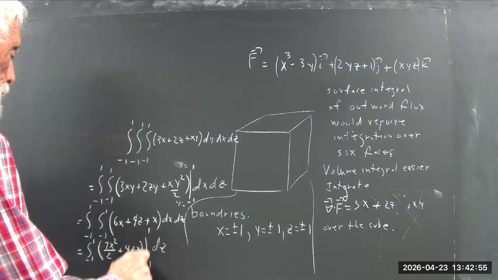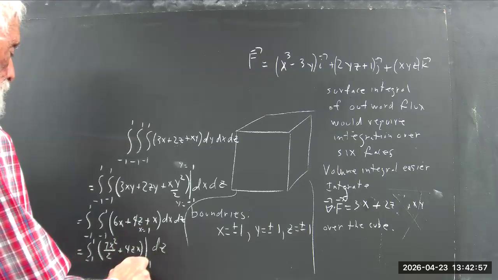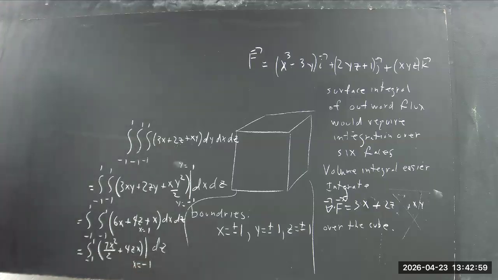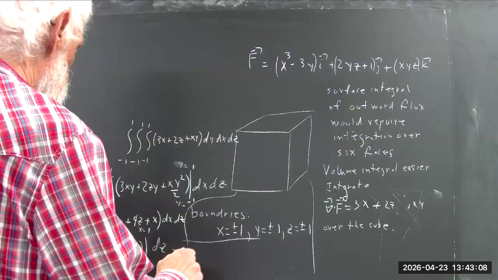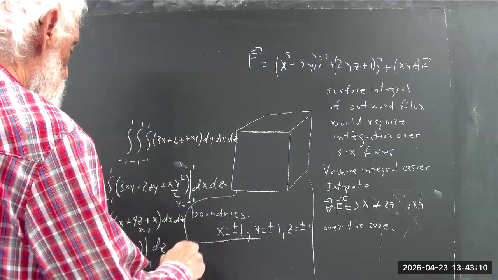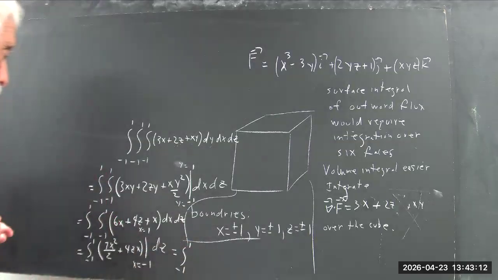Let's write x equals -1 to x equals 1, just to make sure we don't substitute for the wrong variable. Obviously I'm out of room, but I think I can do this anyway. It's the integral from -1 to 1 of